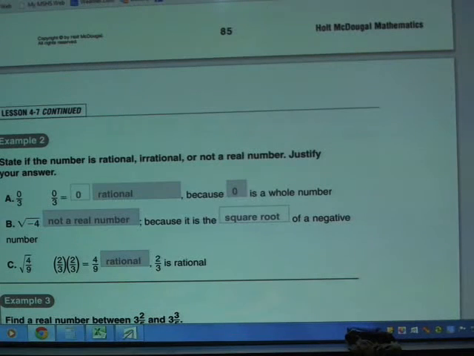All right, so as we go ahead and take a look at example 2, in number 2,